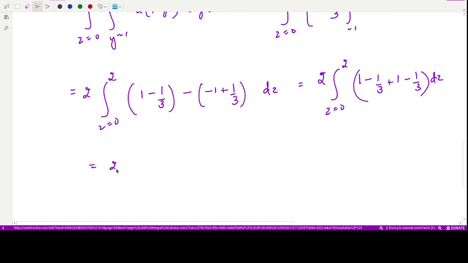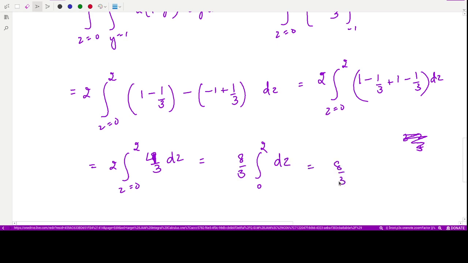So when you solve this, you have z varying from 0 to 2. So this is 2 minus 2 by 3. Sorry, 2 minus 2 by 3, so it would be 4 by 3. Yes, 4 by 3 into dz. So that means this would be equal to 8 by 3 and the integration of z. So that would be 8 by 3 into z, the limits of z from 0 to 2. So that means 8 by 3 into 2 minus 0. So your final answer is